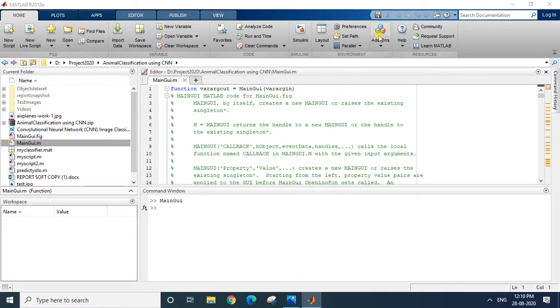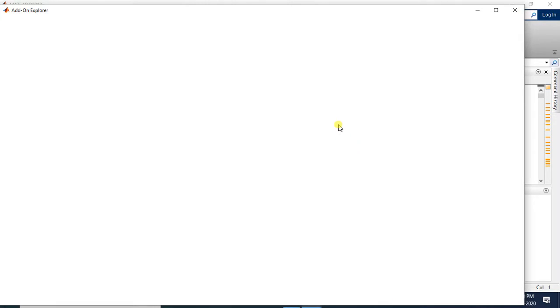I clicked on the add-on section, so it is loading. It might take a while to load all the add-ons, and obviously it requires an internet connection to download them. Okay, let it load.